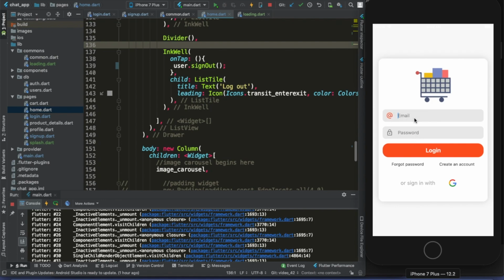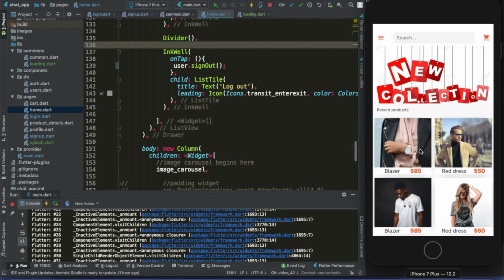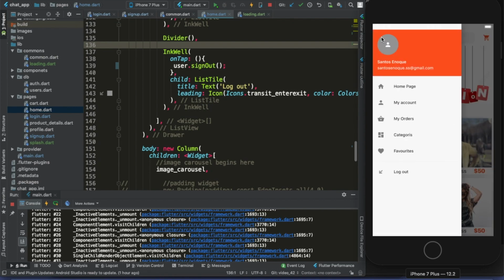Let's see if the login works as well. Test at test.com, and then we have 1 2 3 1 2 3. And it does work as well, perfectly. Let's try to do a sign out